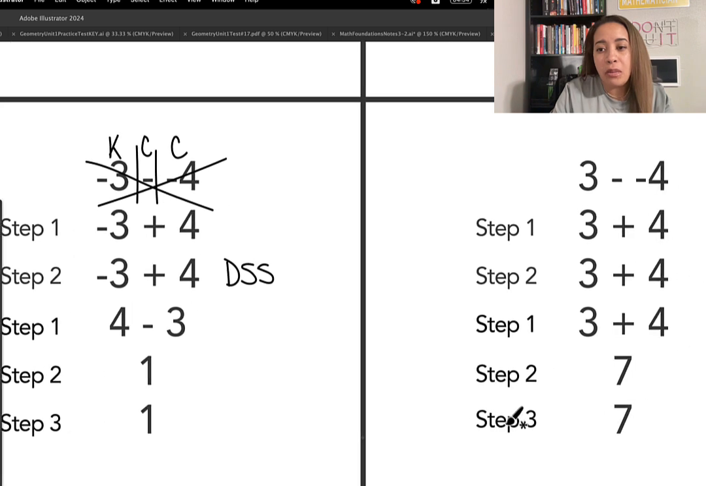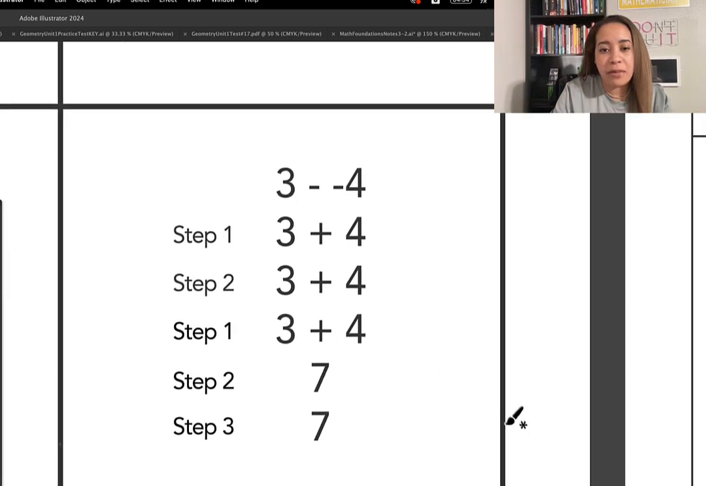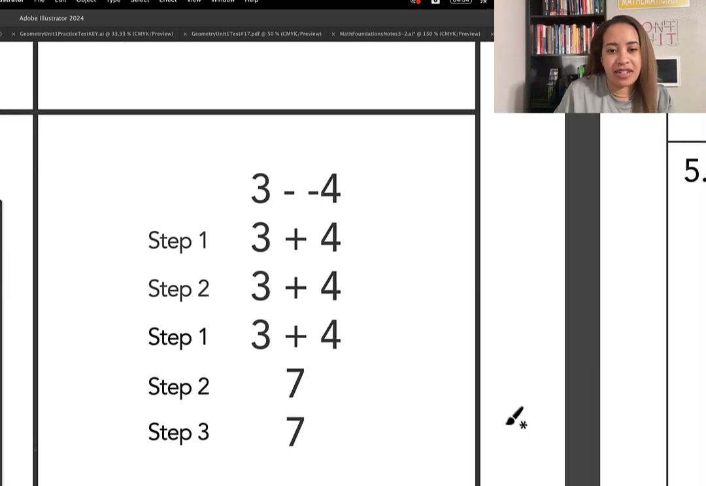Let's try one more of these examples together, and then we'll do some more practice. So again, I see a subtraction problem. Every single time I see subtraction, I'm going to say the phrase keep, change, change. We are keeping the first 3. We will change from a minus to a plus, and then we'll change from a negative 4 to a positive 4. So now that I have changed into an addition problem, I can ignore my subtraction problem and just follow